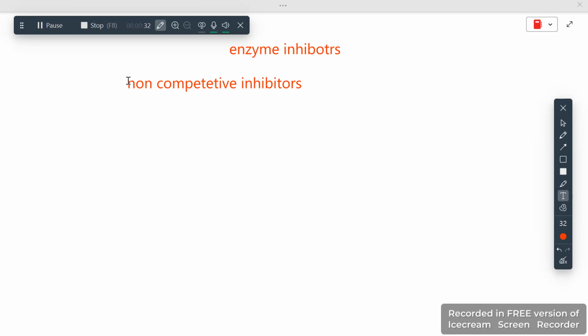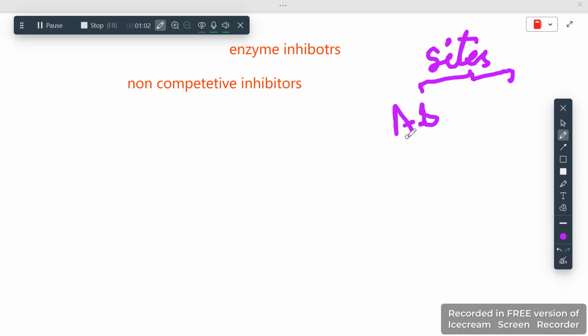Okay, so what are these? Before explaining this, I need to tell you about the sites. We have two types of sites, based on the way they attach. The first one is the active site, which is also known as the binding site, and the second one is,